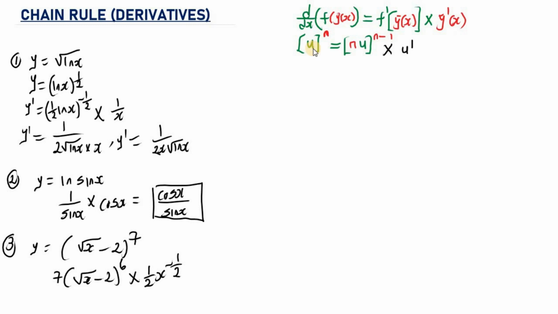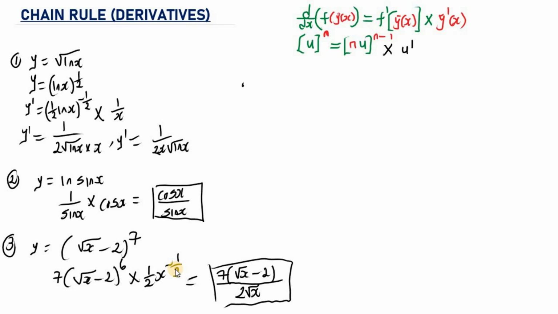So we are going to rearrange this. Now if we arrange this, this is going to be equal to 7 multiplied by the square root of s minus 2, to the power of 6. Now if you take the reciprocal of 1 over 2 multiplied by s raised to the power of negative 1 over 2, this is going to be at the bottom, and s raised to the power of negative 1 over 2 is going to be at the denominator. So we are going to have 2 multiplied by s raised to the power of 1 over 2, which we know as the square root of s. So this is 2 multiplied by the square root of s. So this is going to be the final answer.